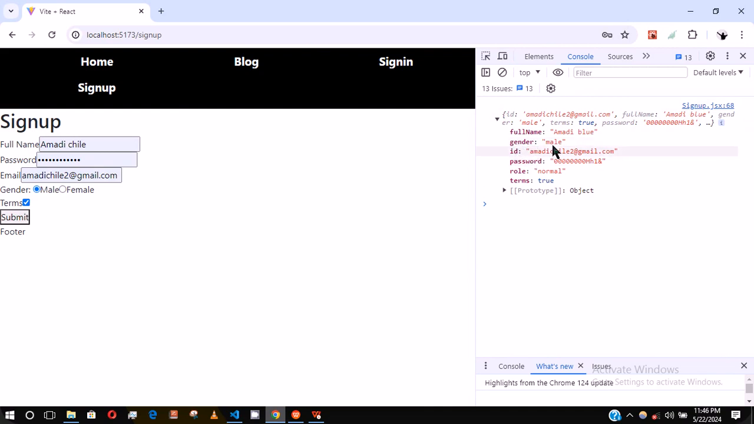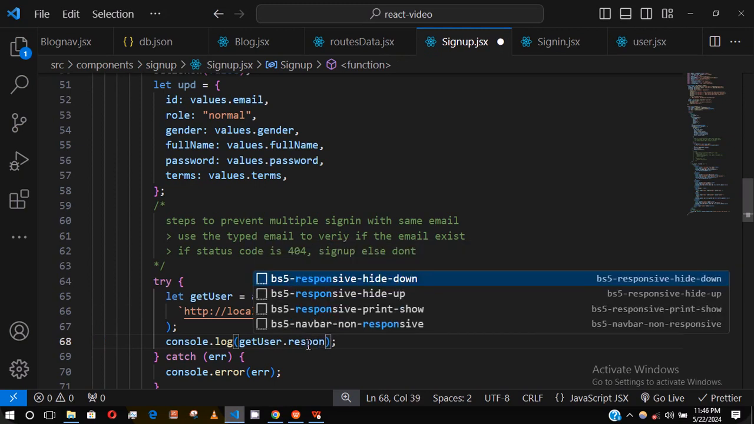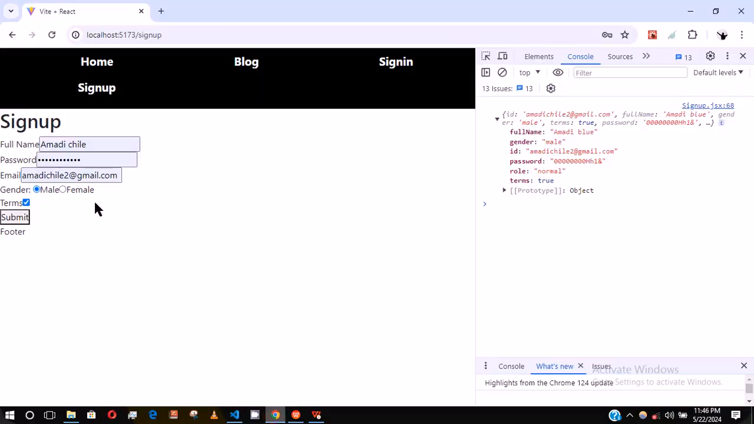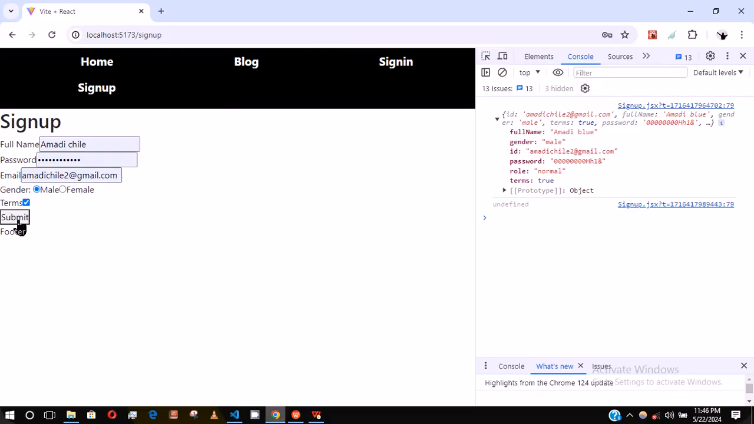We have this. Then before we get the data, let's check the response. So let's get the response. So you see the response is undefined. So let's remove this get user and let's send. So you see that